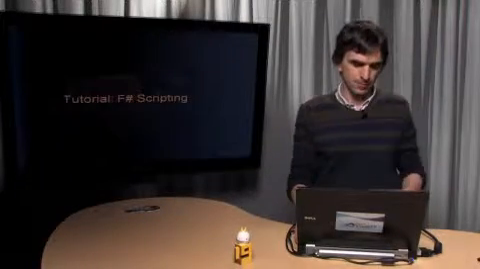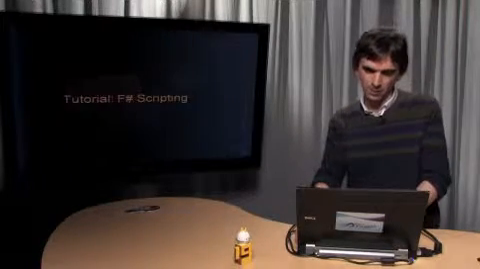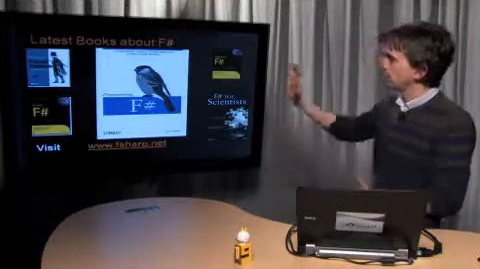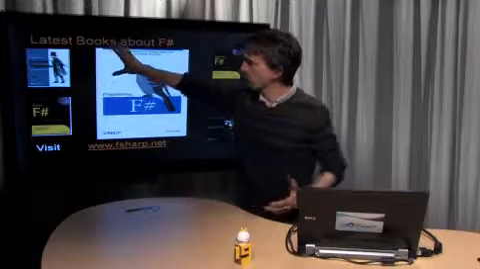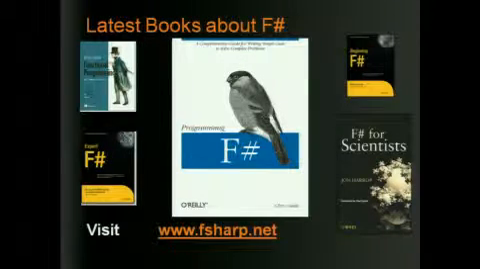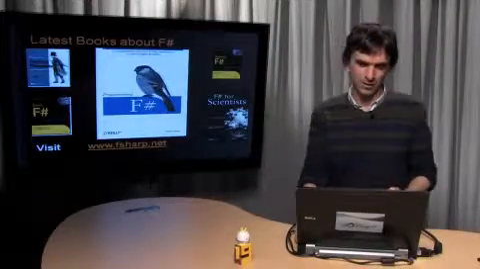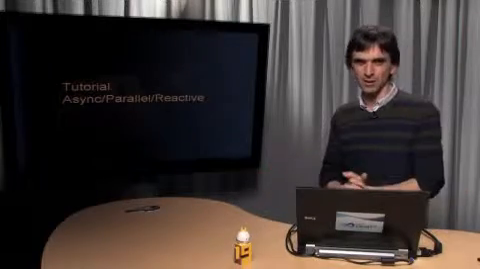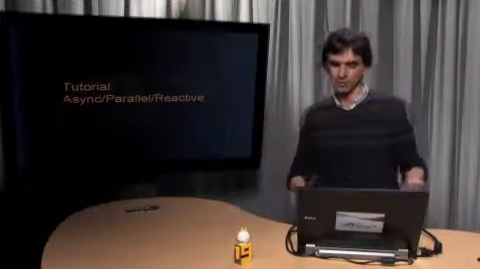Okay, so we're going to wrap up there. Right, latest books about F#. We have the ones we've been talking about, Functional Programming in F# with examples in F# and C#. We have Programming F#, the O'Reilly book. Beginning F# is a great book as well. More domain specific is F# for Scientists, and we're just working on the second edition of Expert F#, which will probably be out by the time you're watching this video. And just a taster for the advanced tutorials, we'll be looking at async and parallel and reactive programming in the advanced tutorials, along with a couple of other